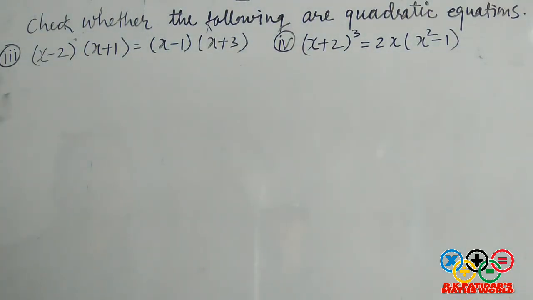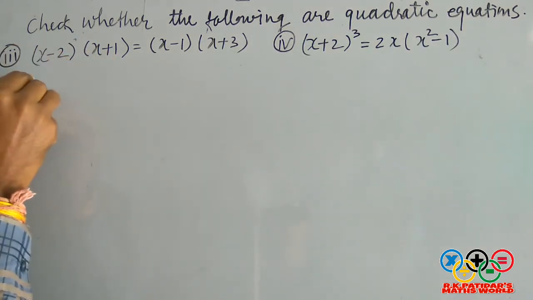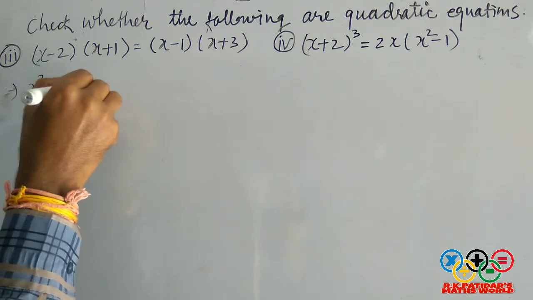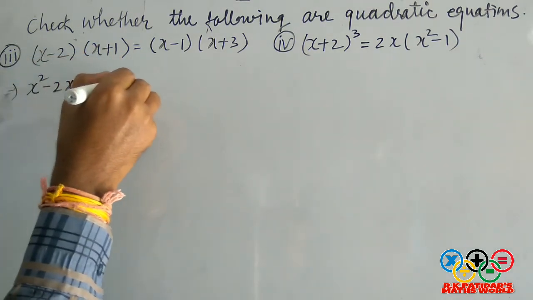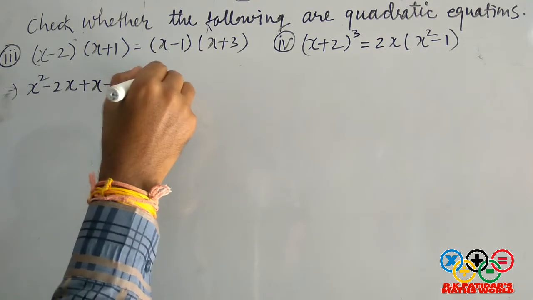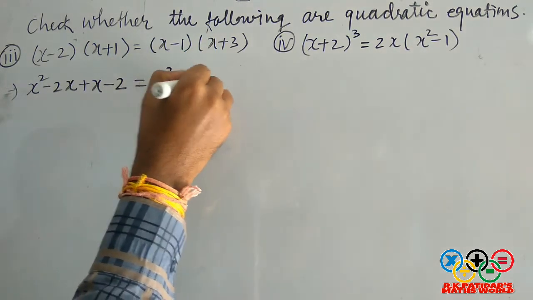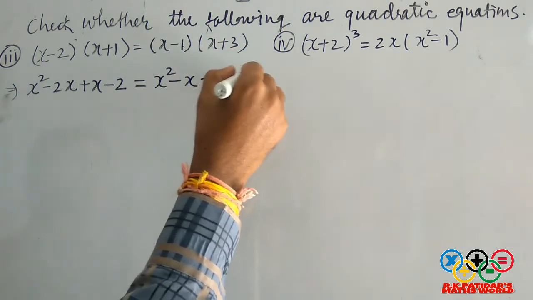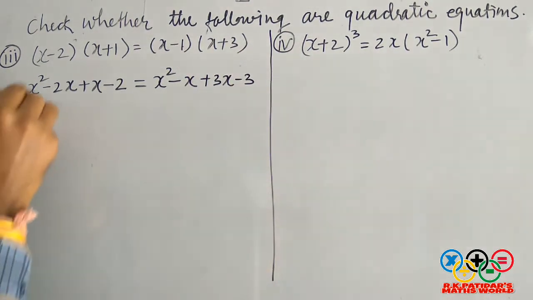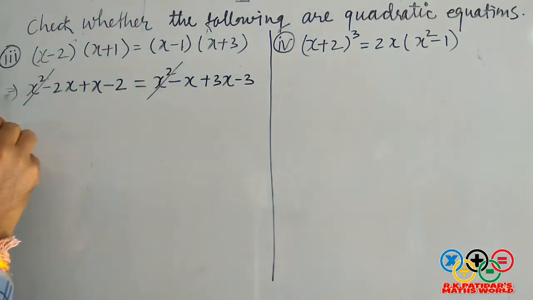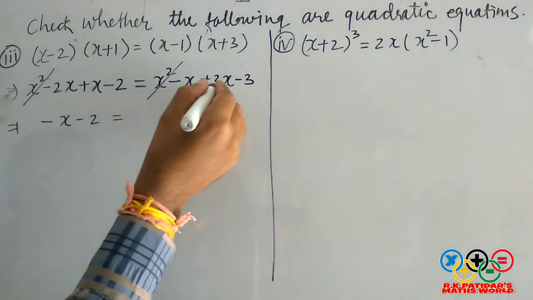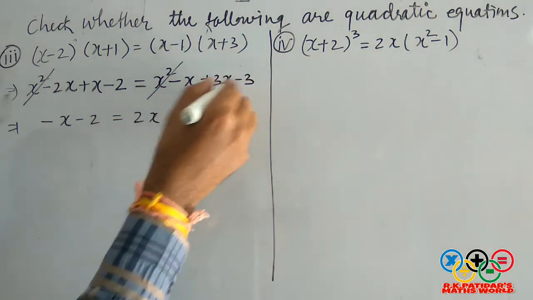Now the third part of this question, equation is this, we will multiply x by this, x square, x by minus 2x, then 1 by x, it is x, 1 by minus 2, minus 2. X by x, x square, x by minus 1, minus x, 3 by x, 3x, and 3 by minus 1 is minus 3. X square cancels. What is remaining? Minus 2x and x is what? Minus x, minus 2. Here is 3 minus x, 2x, minus 3.